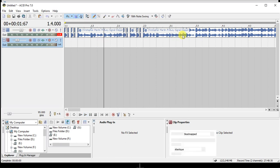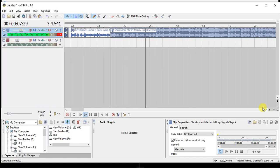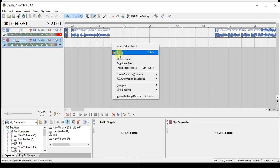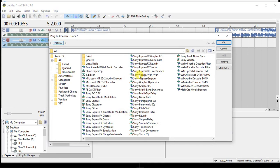Another thing, you can come over here and slice it. Move forward. And here, slice it too. So what I'll do, I'll take this part, Ctrl X to cut it and paste it over here down, then double click to make the volume 0.0. Then I'll add an effect, a wah or a flange. So I'll just go to my Sony and take the Sony flange/wah